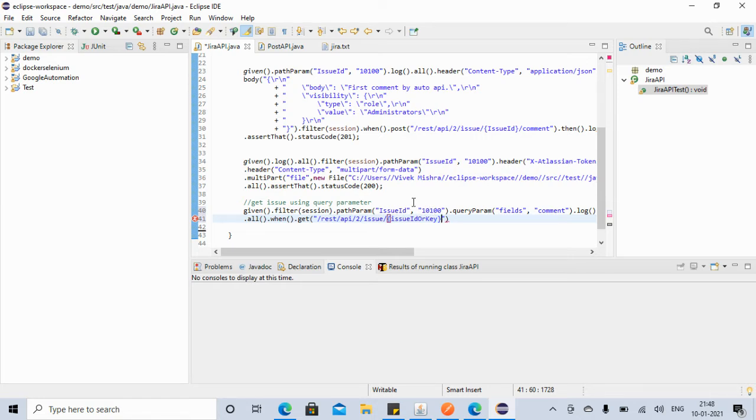So this is the path parameter. You can just provide this issue ID, because we just need the issue ID. Okay, what else do we need? If you see here, REST API 2 issue ID.